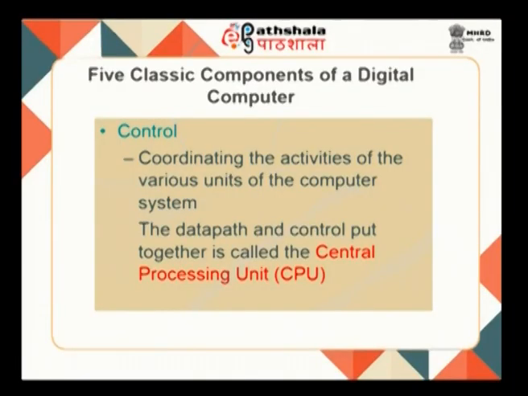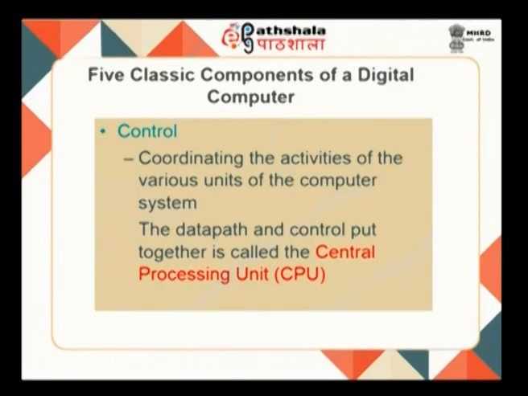Now, if you look at the control path, you need to have some unit which will coordinate the activities of the various units. You should know when data should flow from one point to another point, when an addition operation has to take place, when a subtraction operation has to take place, so on and so forth. So, you need to have a control path. The control path coordinates the activities of the various units of the computer system, and the data path and the control path put together